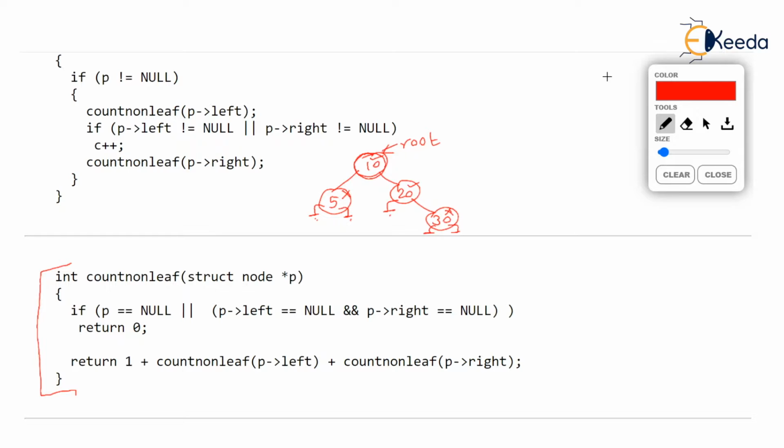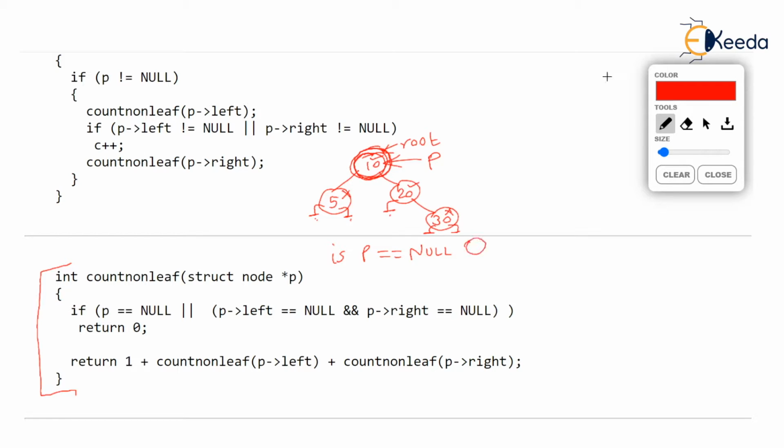But how do you define this recursively? You say, if there is a pointer P pointing to some node, any node, and you are asked from that node onwards, count the number of non-leaf nodes. Wherever P is pointing, from that node you count the number of non-leaf nodes. So the first thing is, you will ask, is P equal to null? If P is null, then P is not pointing to a valid node, so forget it. We will not continue our process, we'll stop, isn't it?